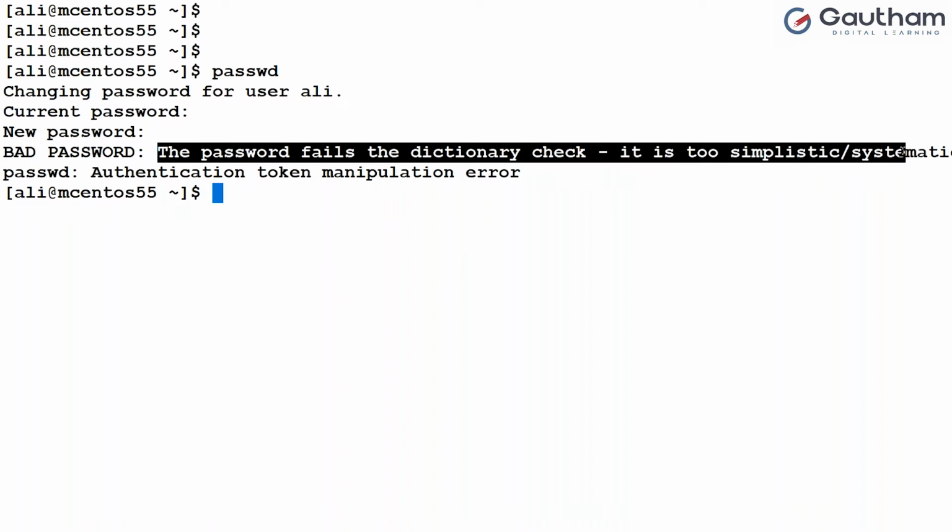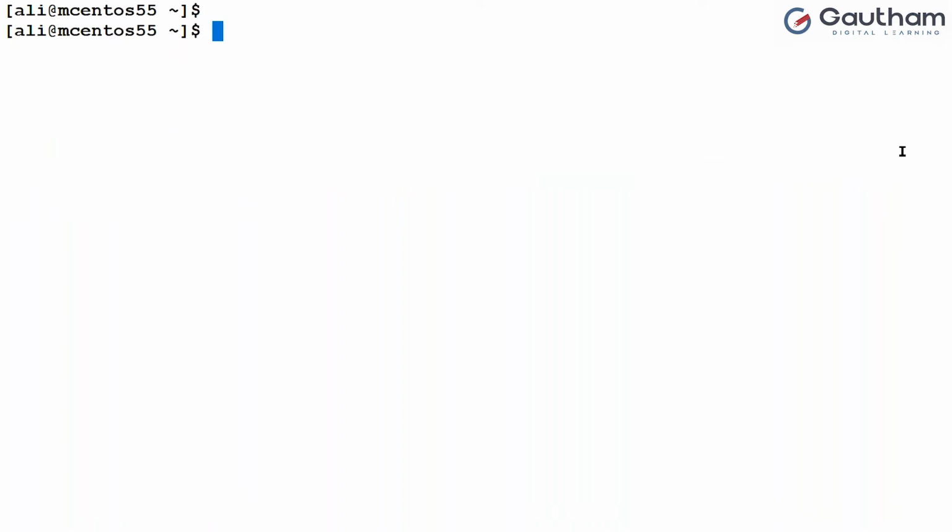But as a user, when the user is trying to change his or her own password, the user must have a password at least 8 characters long. And second thing, it must have some alphabets, some numbers, and if you can add some special characters that would give a good meaning. For example, if I want to keep the password something like this,